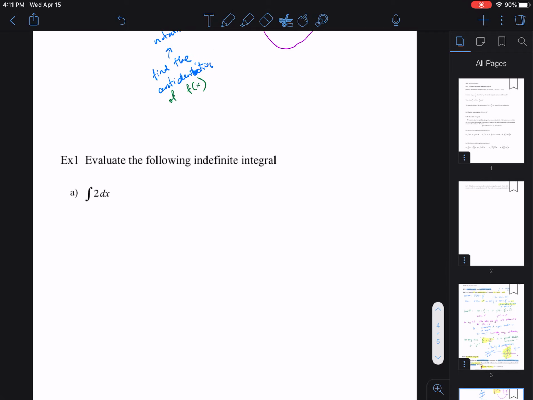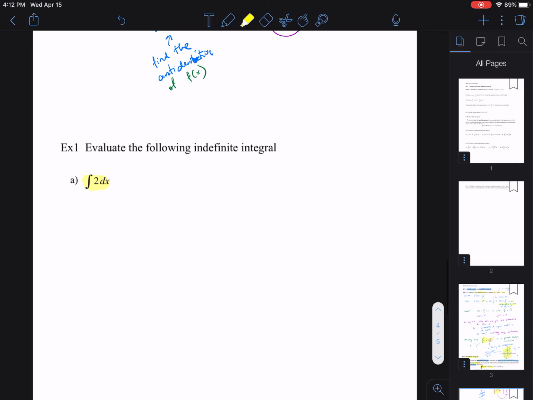So in this video, we're going to go over tons of examples of how to find the antiderivative of a given function. How do we know what to do? Usually the instructions on these types of problems in this lesson say evaluate the following indefinite integrals, where you have the integral notation, some function inside, and this dx. When you see something like that, you ask: what is the antiderivative of the function inside the integral? So in other words, we want to find